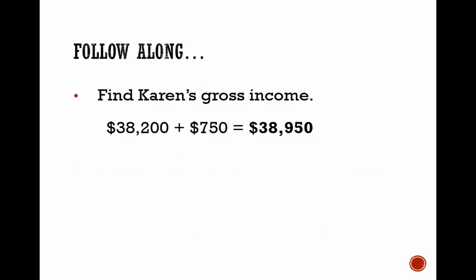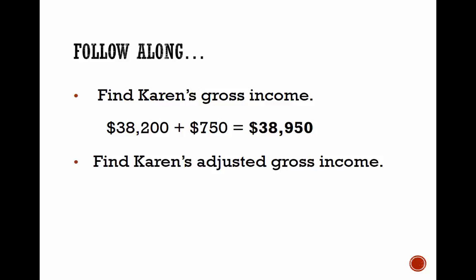First, Karen earned wages of $38,200 and earned $750 in interest from a savings account, giving her a gross income of $38,950. In order to find her adjusted gross income, we're going to take out any adjustments or contributions she made to a tax-deferred retirement account. Recall that Karen contributed $1,200 to a tax-deferred retirement account, which qualifies as an adjustment to her gross income. Thus, her adjusted gross income is